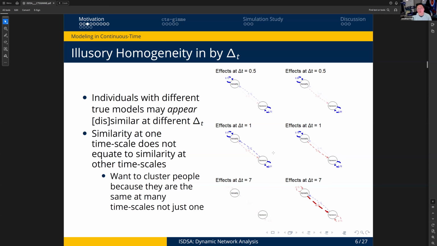And this is problematic, right? If I'm trying to find subgroups, I would imagine that my idea of saying two people are in the same group is time invariant. I would want to say you are in group one with Jack, and that is something that is always the case, rather than saying, well, on a weekly level, you and Jack look the same, but on a daily level, you and Jack look different. And so we want to cluster people based off of something that would be more stable.